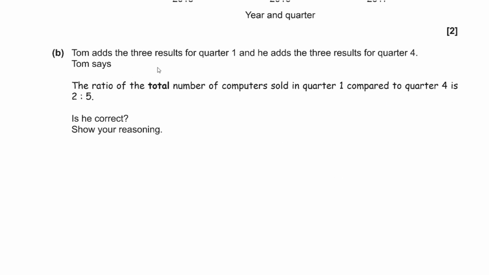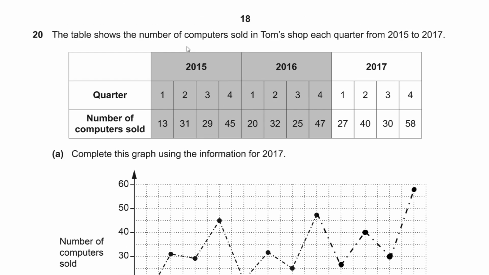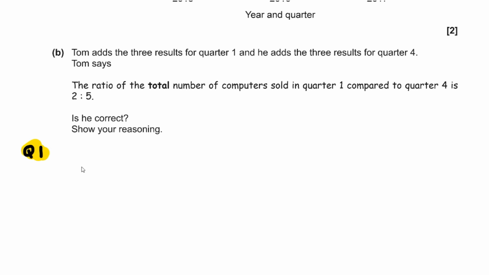Part B, Tom adds the 3 results for quarter 1 and he adds the 3 results for quarter 4. Tom says the ratio of the total number of computers sold in quarter 1 compared to quarter 4 is 2 to 5. Is it correct? Show your reasoning. So in quarter 1 what we have is the 13, the 20 and the 27 which need to be added together. So for quarter 1 we have 13